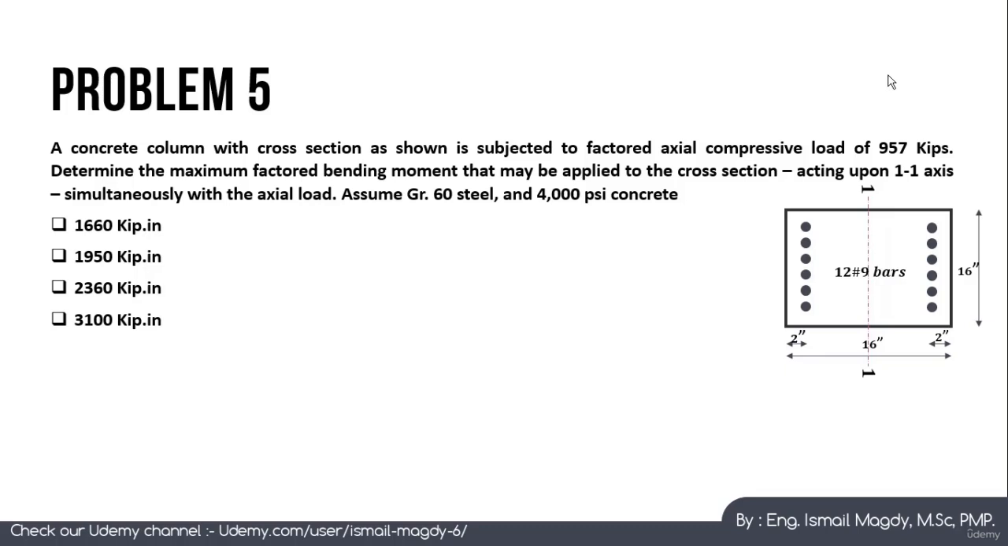We know that this column is loaded by 957 kips of axial compressive load, and we want to calculate the maximum factored bending moment that could be applied on this cross section acting on the 1-1 axis, simultaneously of course with this axial load. In order to calculate the maximum factored bending moment, we will start first by calculating gamma,